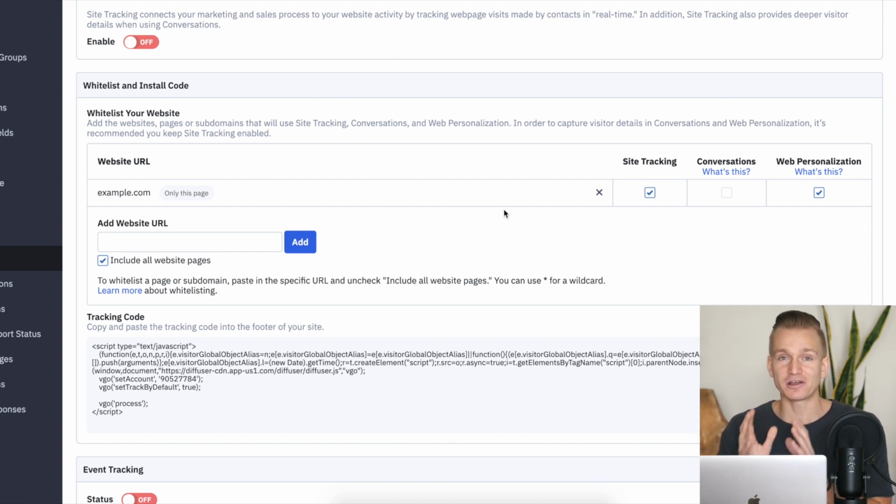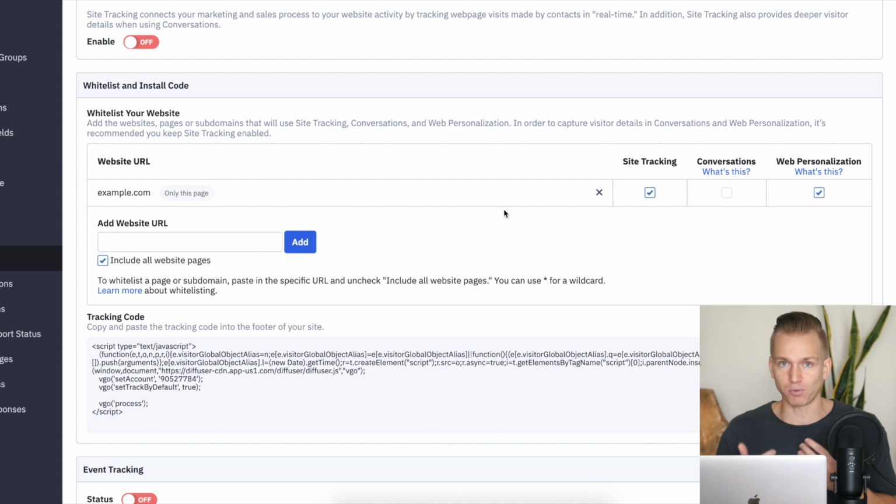So this can be very powerful. Instead of just sending the same emails to all of your list, you can find out what exactly people are doing on your website, what exactly they are interested in, and then send specific emails for their interest, and that is going to convert so much better.